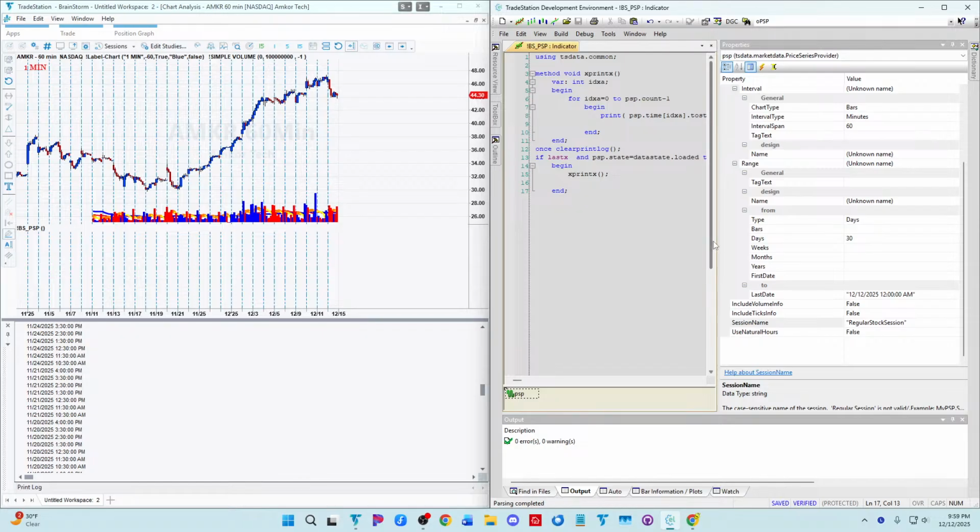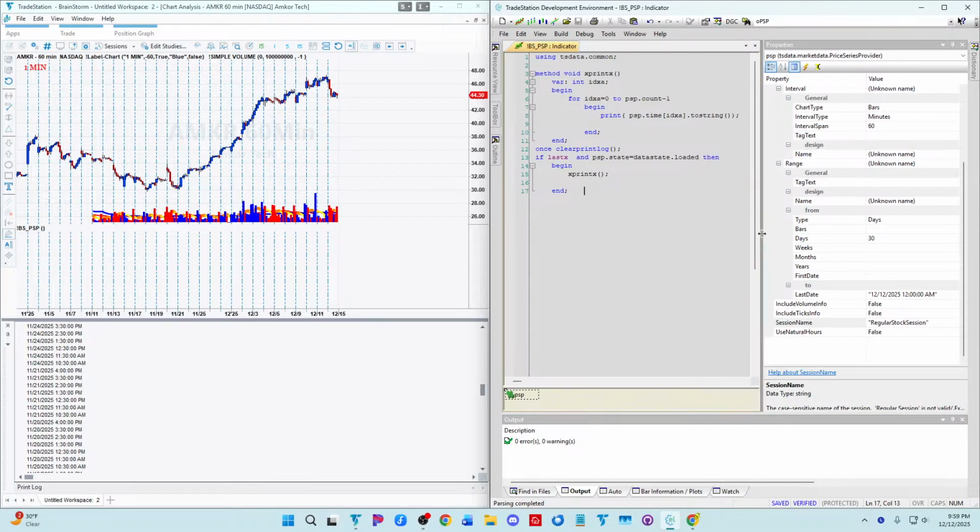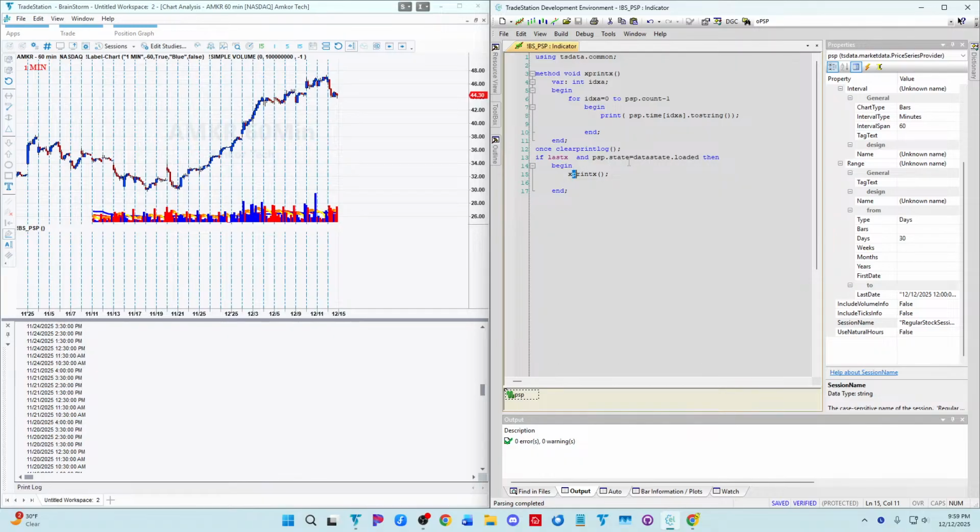All right, so something else that you can do with the price series provider is you can come in here and you can filter just these times. So we'll say if we only want, we're pulling up all the bars, all the 30 bars of the last 30 days. But if we only want bars from 11/24, say, then how would we do that? I know that you can do a parse, which I haven't done much with parse, but let's see how that might look. So if we had something like an input, and the input was date, well, we could certainly do date something like